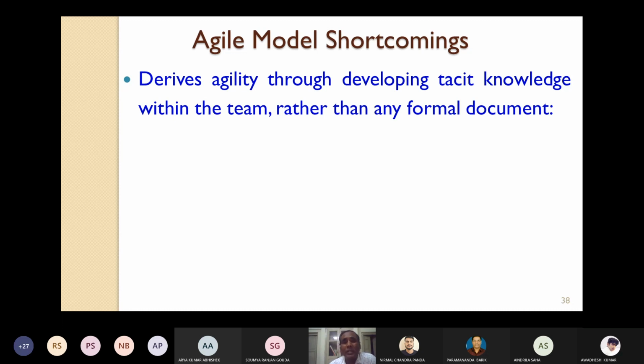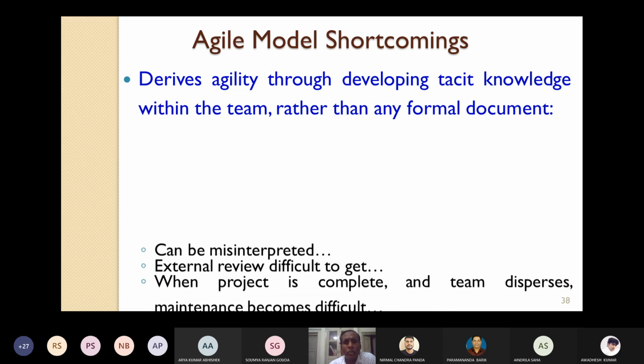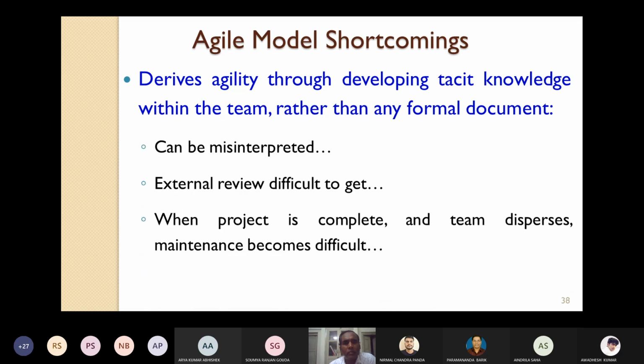Let's see the drawbacks of not having any formal document, which is happening in agile software development. Since there is no formal document, the development process can be misinterpreted. It is very difficult to get external reviews. When a project is complete and the team disperses, maintenance becomes very difficult because we don't have any formal documents.